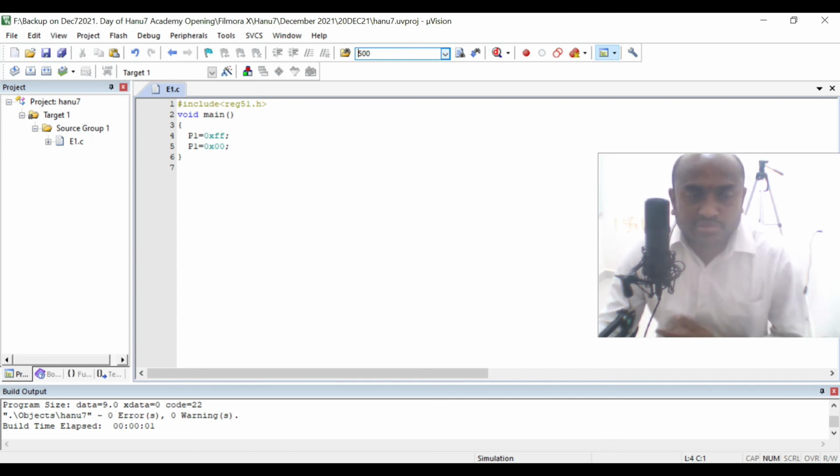So many steps are there. You observe: writing the program in a text editor, compiling with the help of the C51 compiler, and of course we are also doing some inbuilt assembling, A51, and then C51 compilation. Then we are giving it to the debugger. After debugging the program, we are giving it to simulation. We are simulating the output of 8051. So that is about this video.